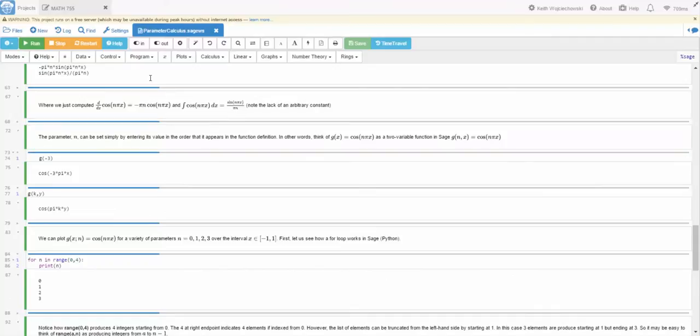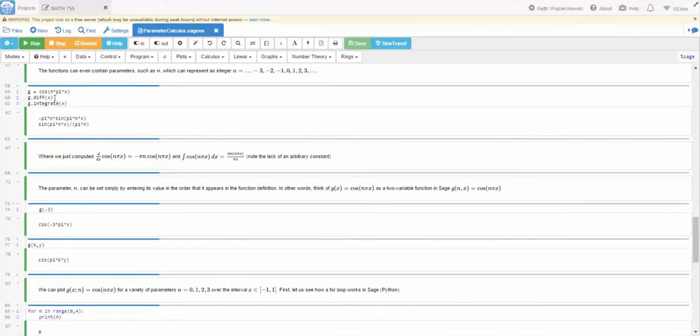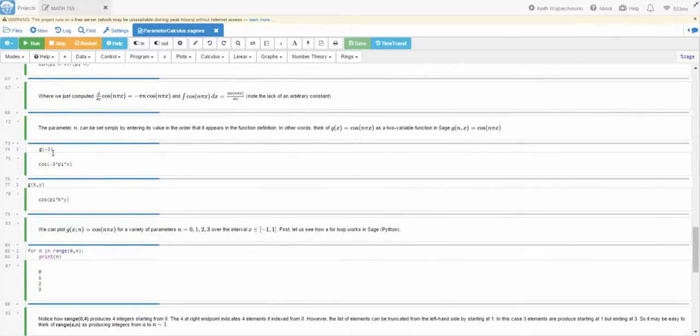Now notice Sage, at least the way I'm doing it now, it lacks any arbitrary constant. Now the parameter n could be set just by treating g of x as a two-variable function. So the two variables are n and x, and so like g of minus 3 is minus 3 pi x. If I wanted to, I could do, let's see, minus 3, and then if I put in 1, of course,